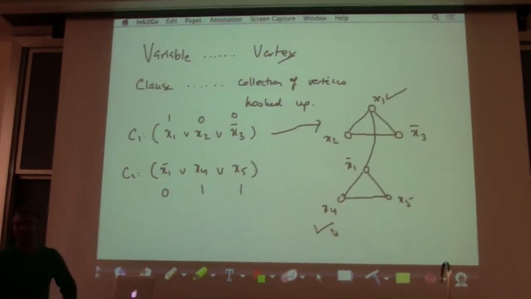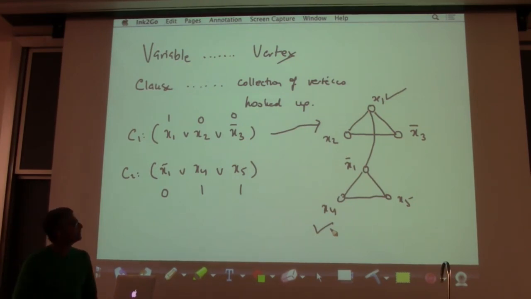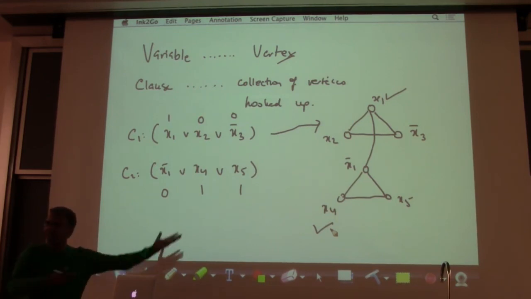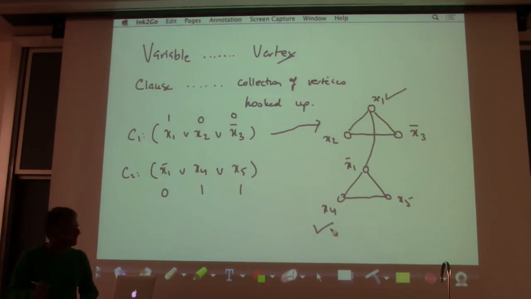So pick an independent set, anything you want. Pick an independent set in that graph. Anyone? Just vertex x1. That's the independent set, right? Of size more than m. Oh, size more than 2. Pick an independent set of size more than 2. Anything you want. x2, x4. Okay. So let's say I pick